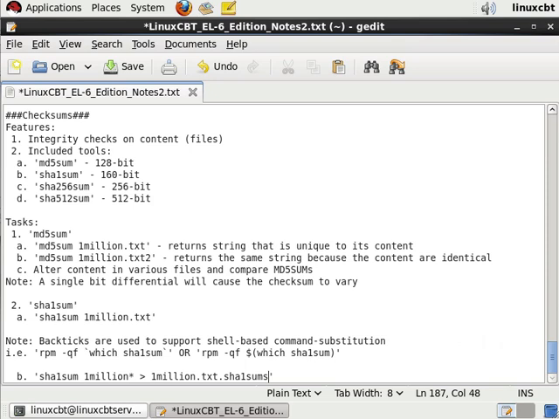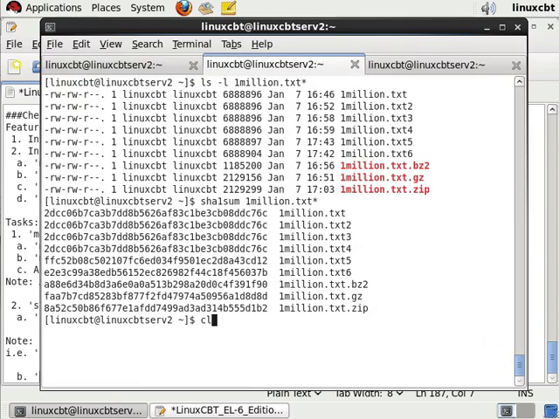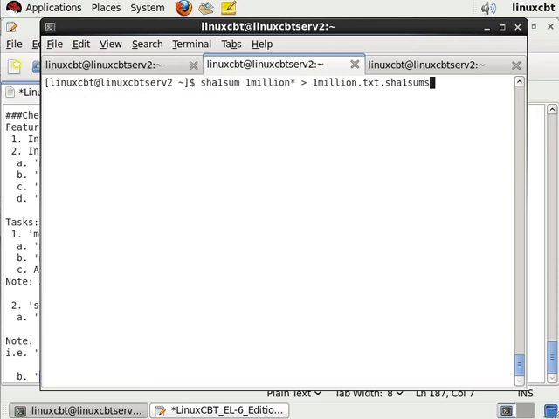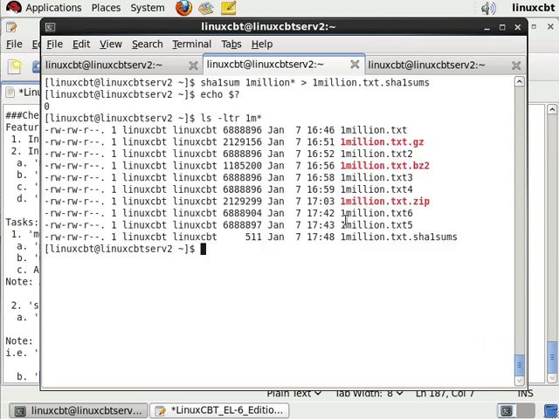This will generate a file with all of the sums as we've just seen on standard out. And then the recipient can use the SHA-1SUM utility to check wholesale all of the sums. So as opposed to dumping the SHA-1SUMs on standard out, we send them to a file naming it 1million.text.SHA-1SUMs. When we ls -ltr 1 million star, we now see a file that's 511 bytes, and if we cat its contents,